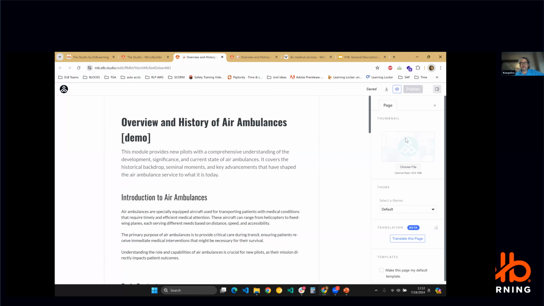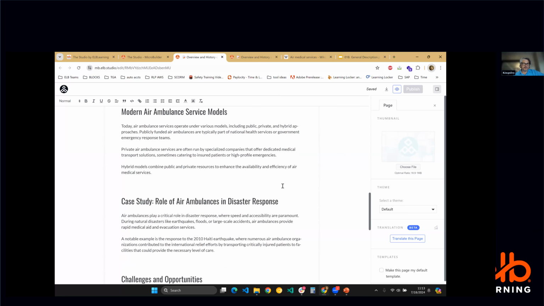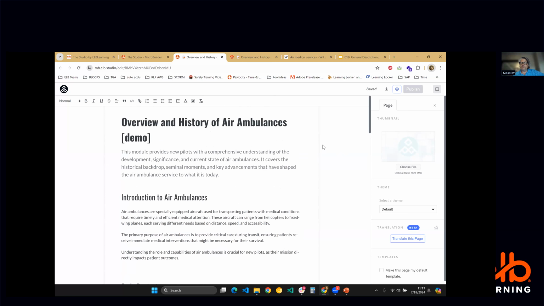properties panel, and that'll change a bit depending on what I have selected. So if I select, oh, I don't have anything on here to select right now. But that'll change a little bit depending on what I have selected. I'll show you that in a minute. We can change the theme of our